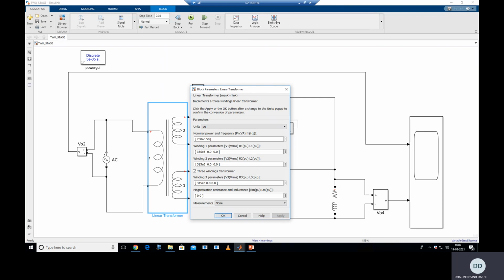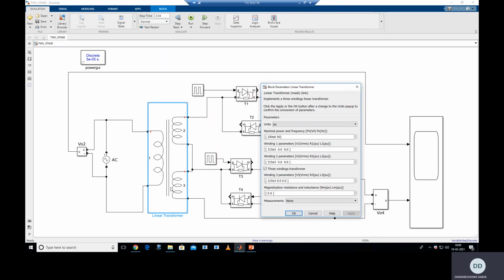And we can see that the supply voltage is 315 kV here on the primary side, and the secondary and third windings have the same voltage. It means it is a 1:1 transformation ratio. So whatever voltage is at the input side, the same voltage is transferred to each secondary winding. Clear? Here the first secondary winding is named sec2 and the second secondary winding is numbered 3. Clear? And the primary winding is numbered 1.